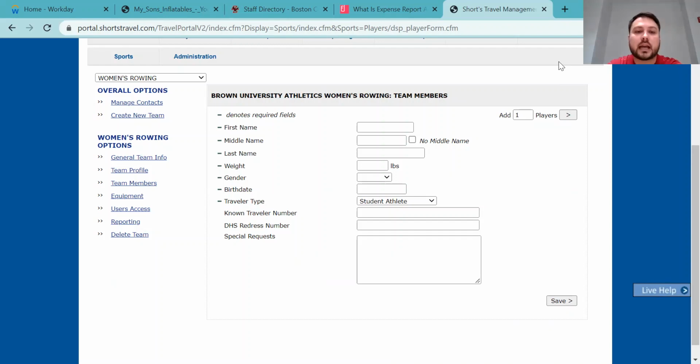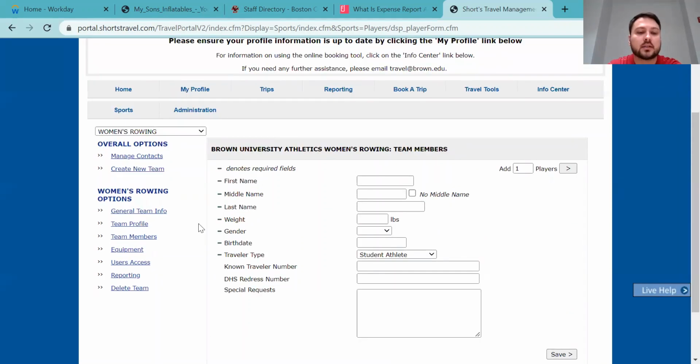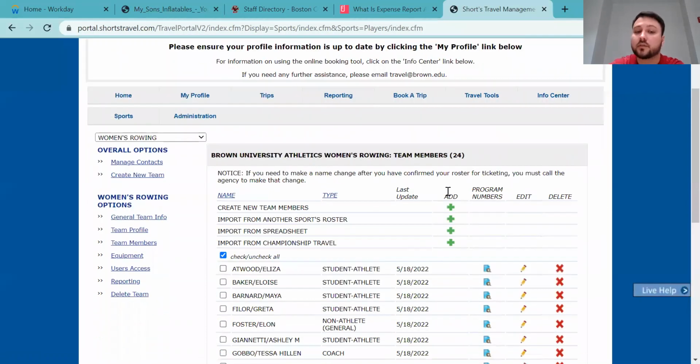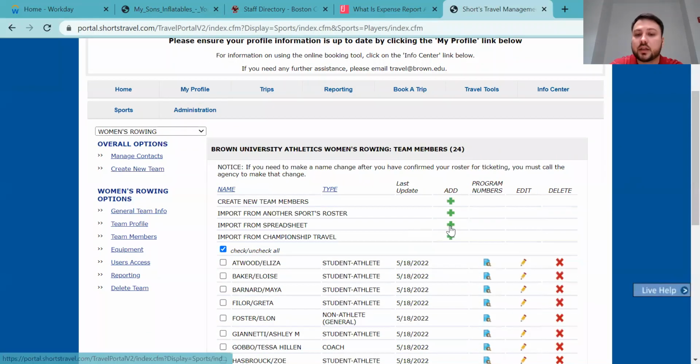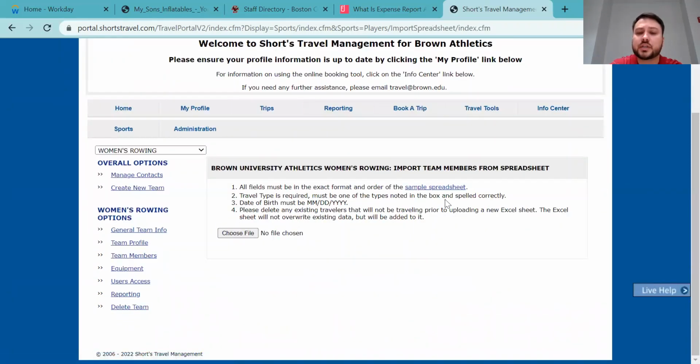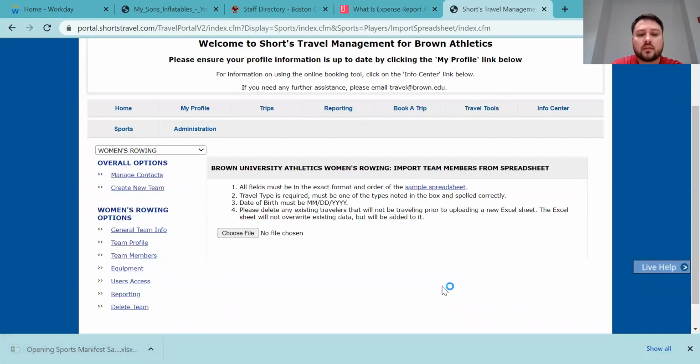But the second option, which is what I would recommend for uploading your team roster for the first time, is using the import from spreadsheet function. You can see here that they provide you a sample spreadsheet. So you can go ahead and download that. And if I open that up,